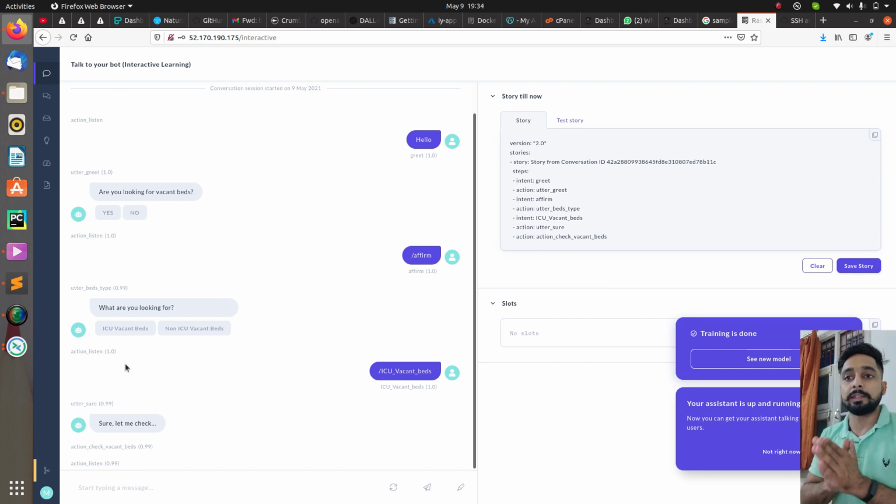So currently I think you have got an idea of how you can deploy, or how you can link your Git repository to your Rasa X. In this way you can make the connection and accordingly you can get the responses on your Rasa X, which is a front end for you, a UI which you can share with anybody, right? And why I'm saying I can share it with anybody, because let me show you.